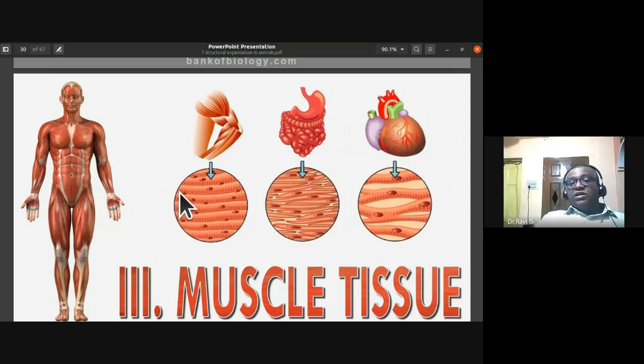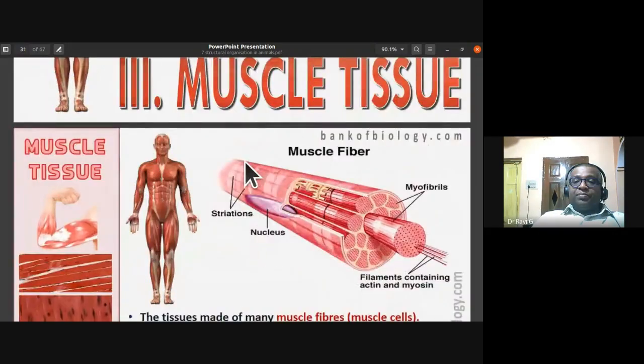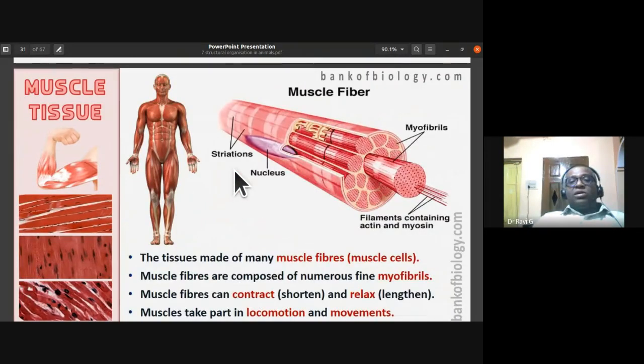See, muscular tissue is derived from mesoderm. The connective tissue is derived from mesoderm. Epithelial tissue is derived from all the three germ layers. So the muscular tissue is mesodermal in origin. The muscular tissue or muscle tissue is made up of many muscle fibers or